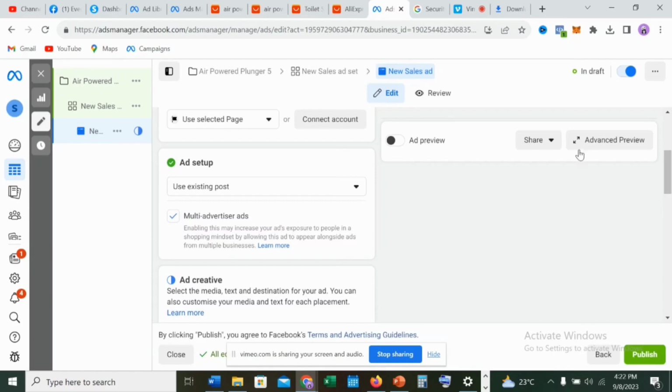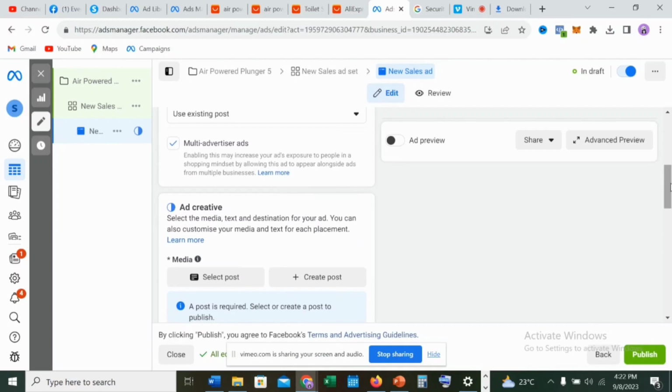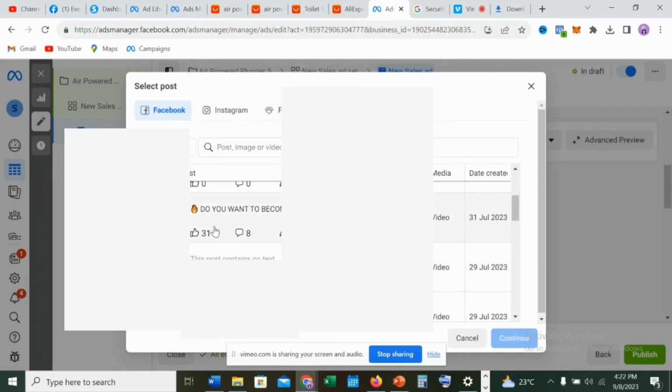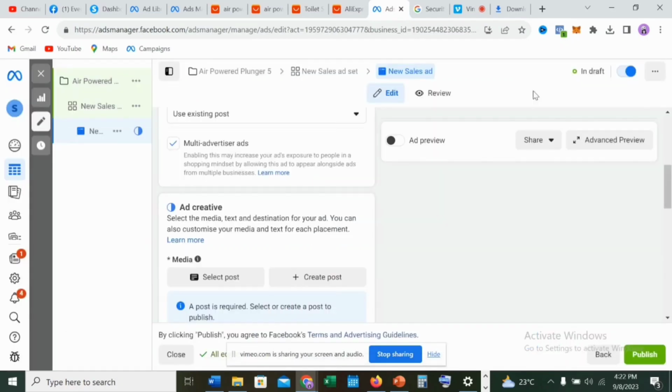So what I'm going to do right here is pick a random product from this section. I'm not going to pick that power air powered plunge. I'll just pick any product right here to show you this process so you could have an idea of how to go about it. Once you select this particular product, you click on continue. It's going to appear on this page, showing you the engagement, the likes, the shares, and everything on this particular section. With all that engagement, whenever somebody sees your ads on Facebook, they'll be attracted to that advert